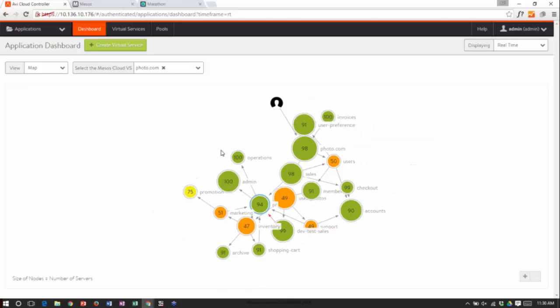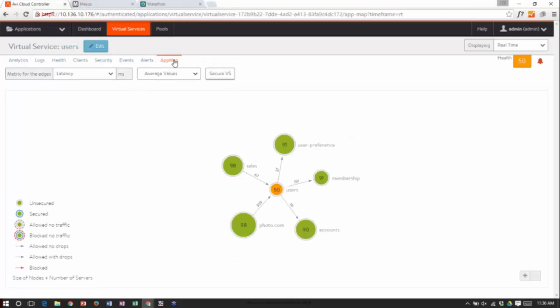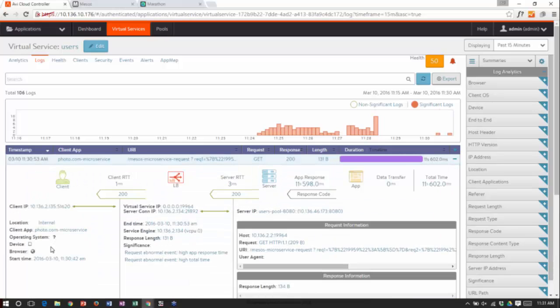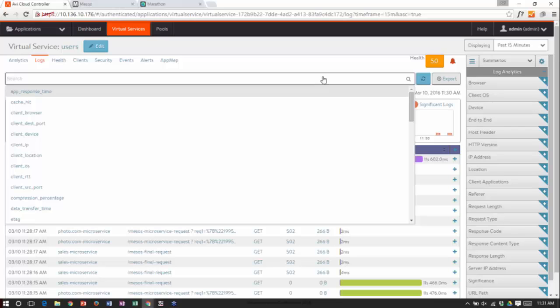So, for instance, for those of you who have been tracking what we do, you can go into the photo.com service here, and instead of the application maps, you could very easily go into the logs and say, who's been coming into my system? These are individual logs for users coming into my system, the kind of device types they're using, how much time an individual connection took. So if you're ever curious which incoming calls are taking the most time to serve, you can just search that here. If you're curious what the average app response times are, you can do that.